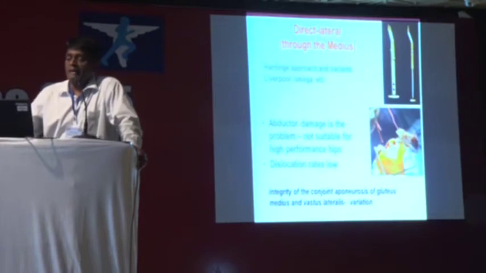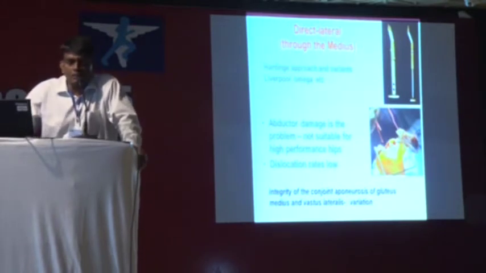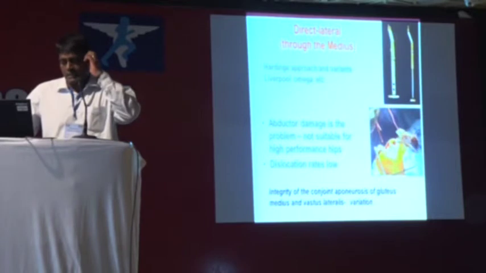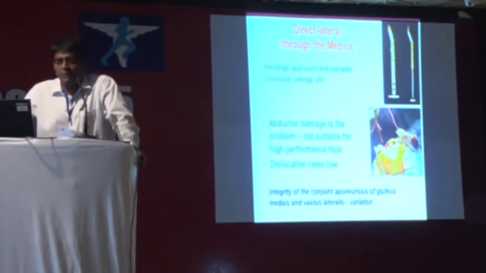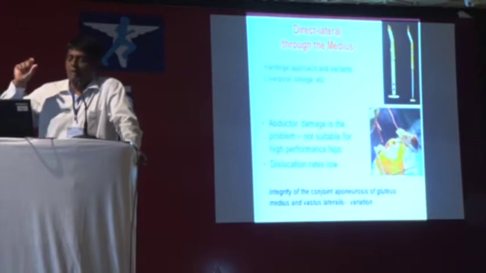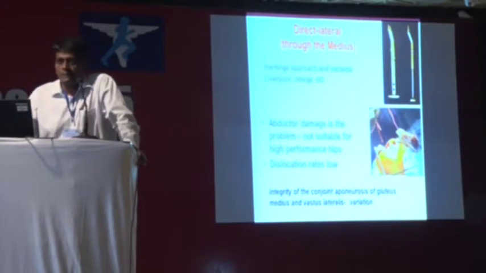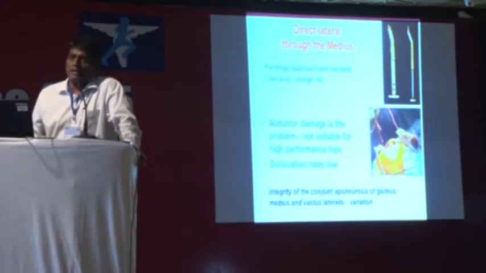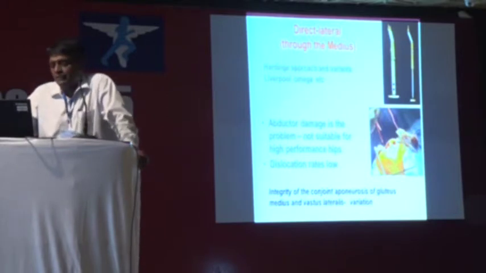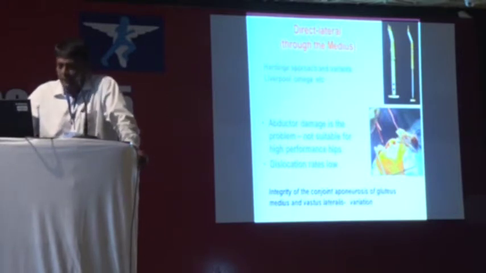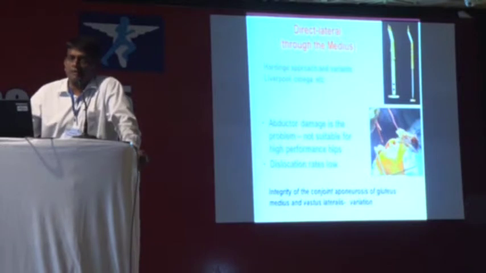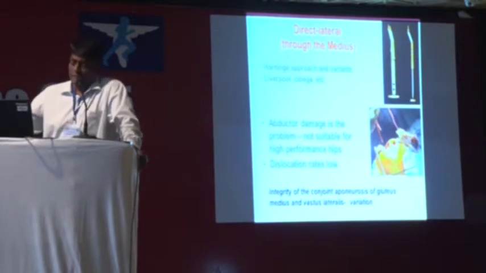And then you go to the direct lateral. Lateral is a Hardinge approach. A lot of people trained in the UK tend to use the Hardinge. The various approaches like the Liverpool approach, Omega, etc. are all variants, basically doing the same thing. The real thing is we're taking a part of the gluteus medius off. Maybe 1/3, maybe half, maybe 40%. You may take a sliver of trochanter, or you may just go in the fascia lata layer. But whatever it is, basically some part of the medius is taken off, and that's what defines the approach.